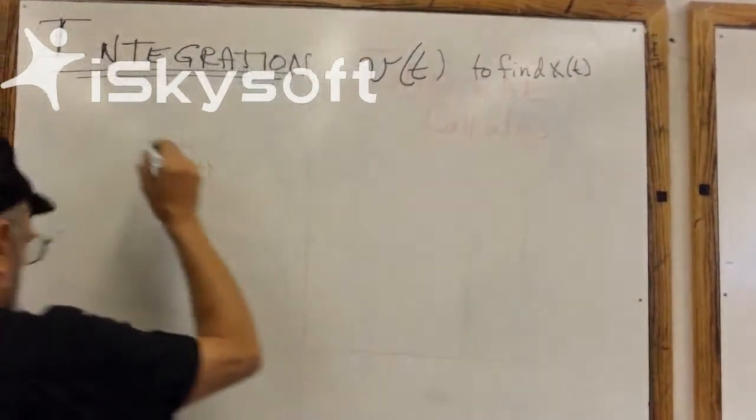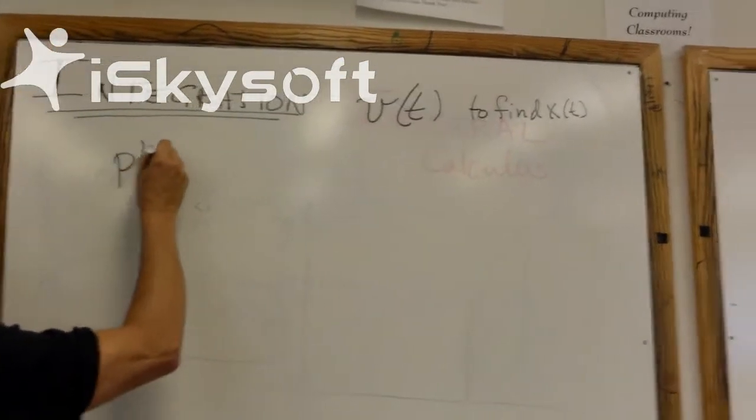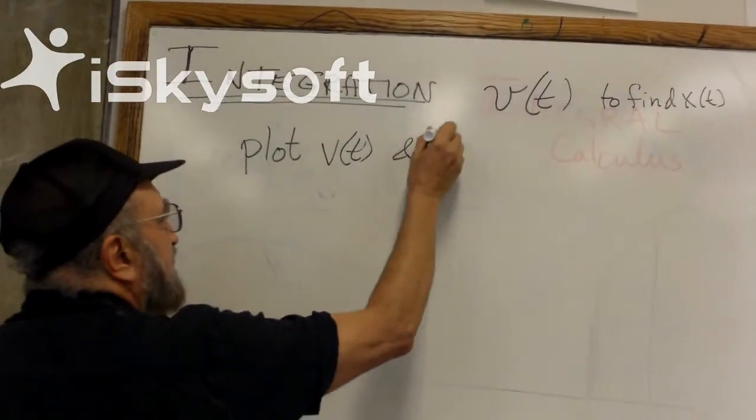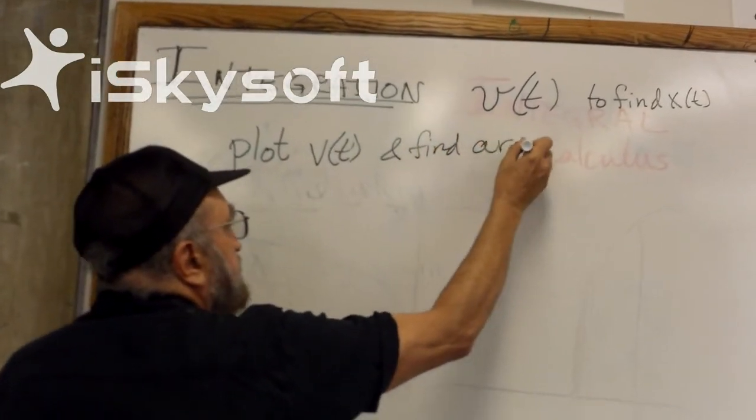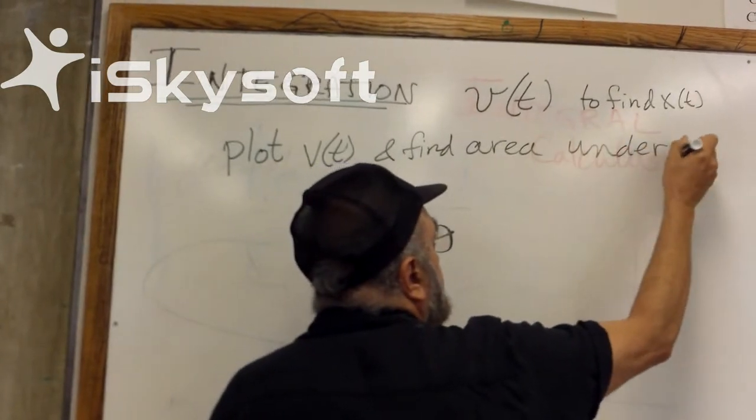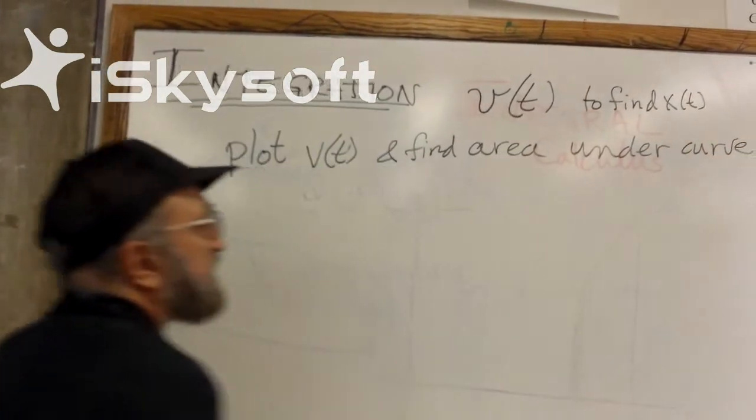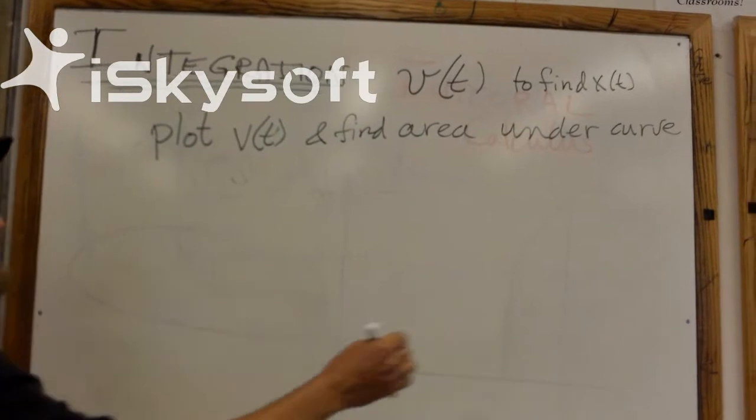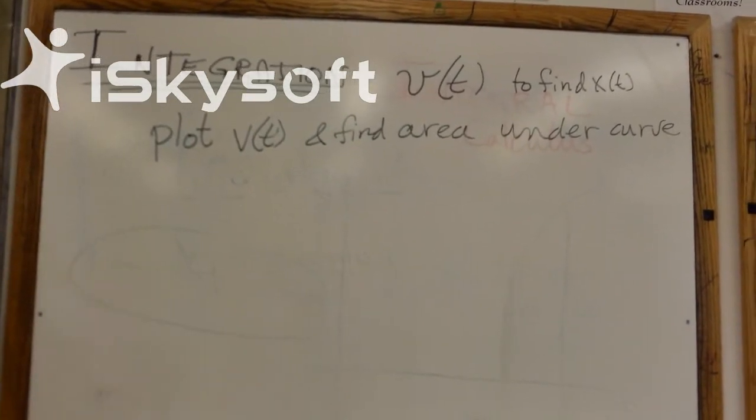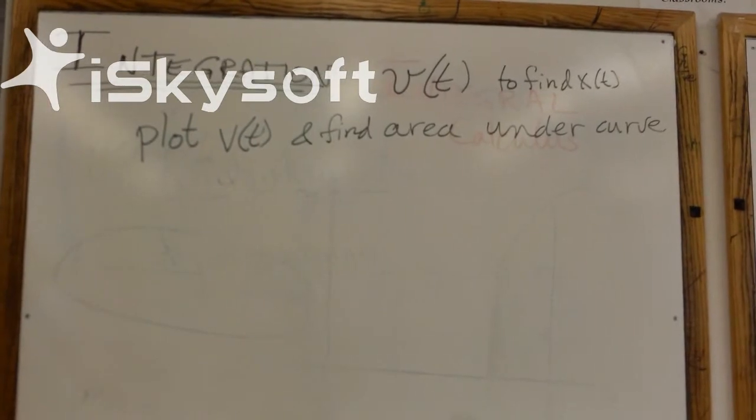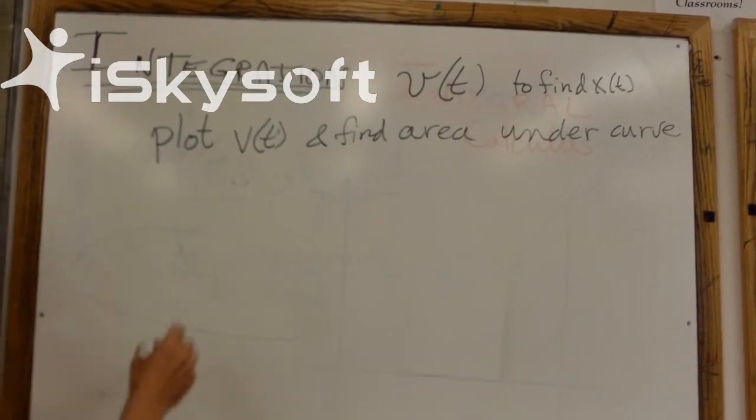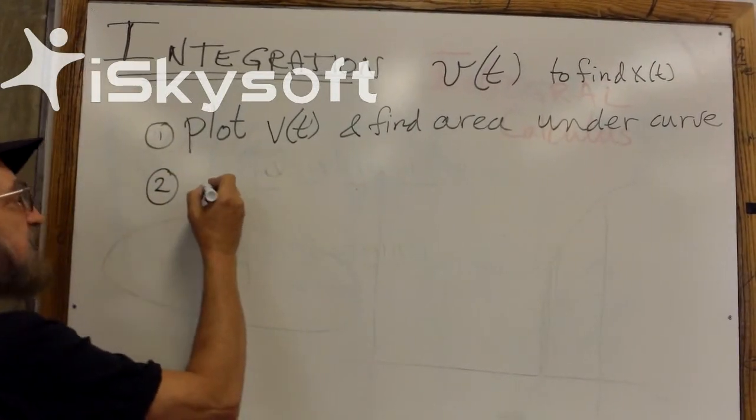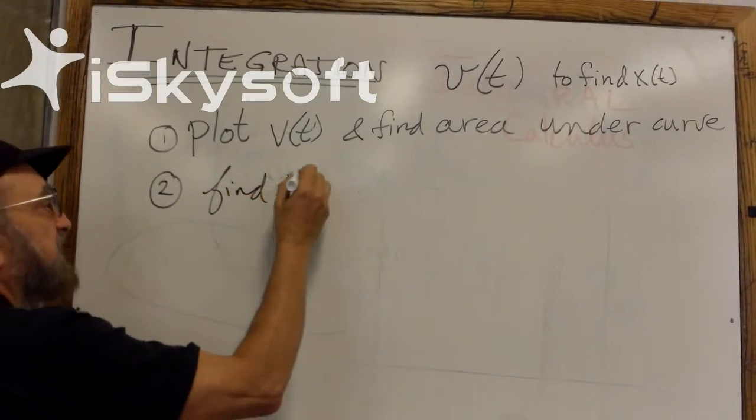Those two methods are to plot, I'm writing it right in the right place over the word geometry, plot v of t and find the area under the curve. That's the geometric interpretation, and the area under the curve, as we've seen, is the distance traveled, which will be the difference between the starting and the final x. And the other is, that's geometry. The other is more the algebraic or analytic method. Find the antiderivative function